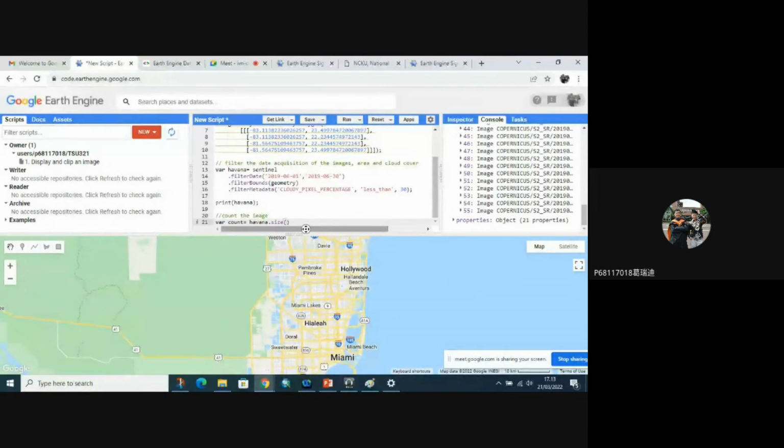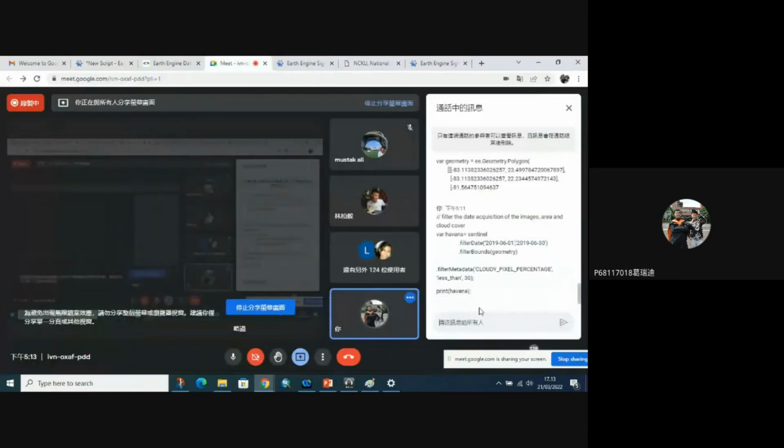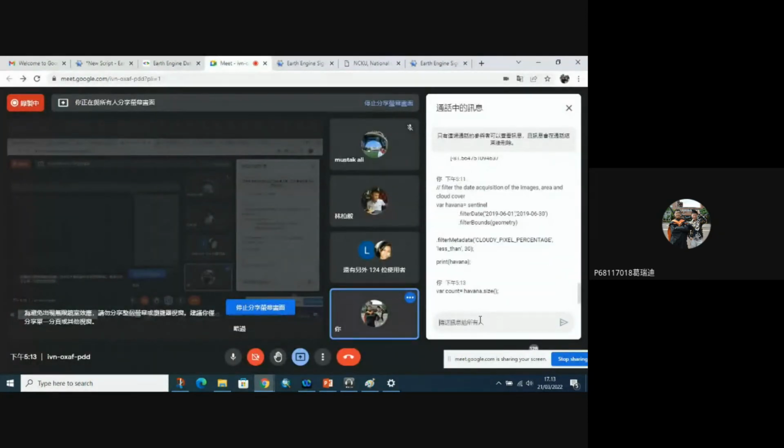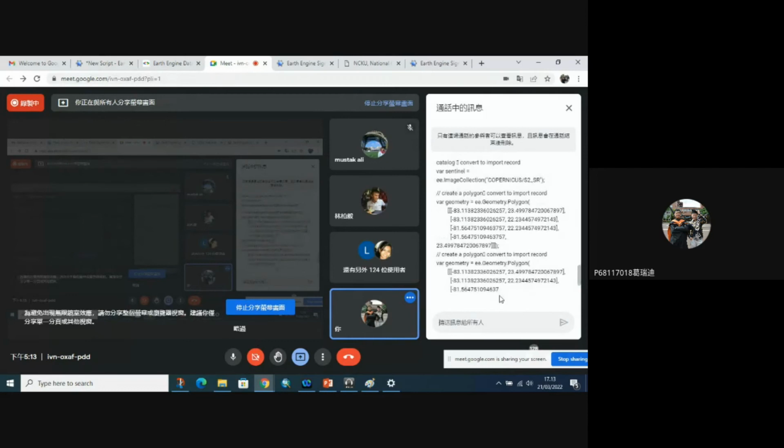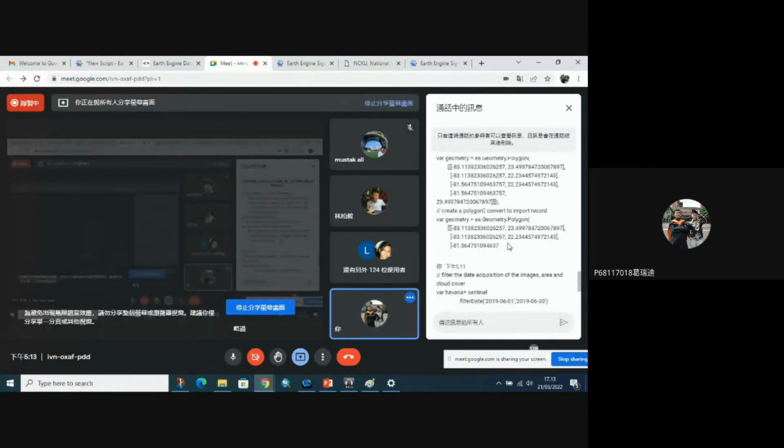You will get the size of your dataset. Oh yeah, I think the second polygon message is not complete.